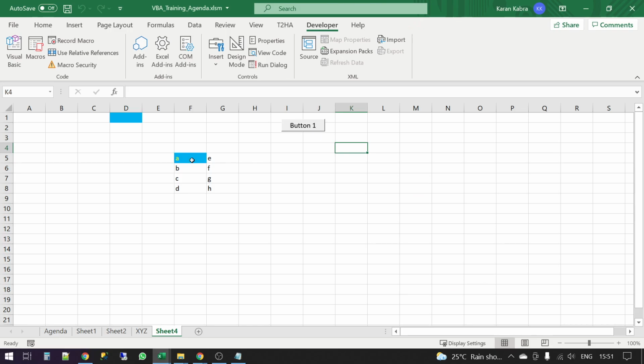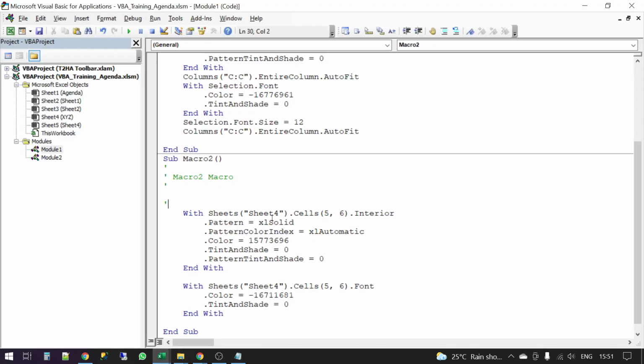See, back color as well as font color updated. So extremely easy to record code and make required changes. That is the reason why understanding Excel objects is extremely important.